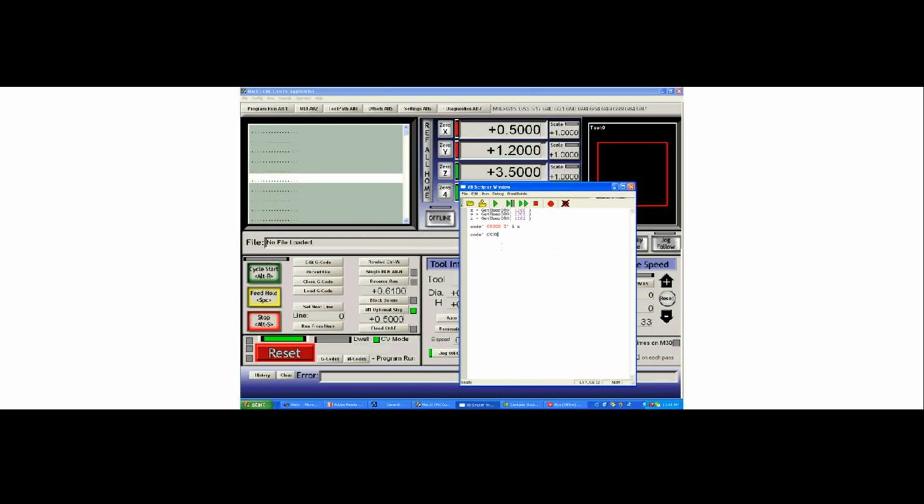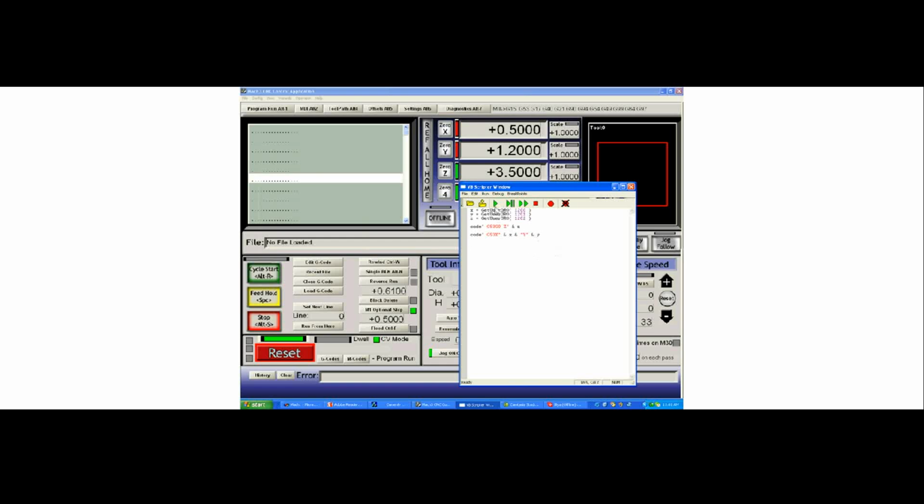So in this case, we can put X, quote, ampersand X, ampersand, quote, put a Y, ampersand Y, ampersand. Actually, we don't need any more ampersands. That's it. So the line that we're going to execute is G53 X and whatever X is, Y and whatever